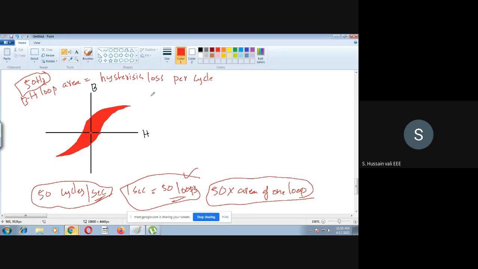I'm just giving that data to you here. How to calculate the hysteresis loss? Hysteresis loss is nothing but you first find out the area of this graph. Once you find the area of this graph, then you see the frequency. If it is 50 hertz, then you multiply the area by 50, and then you will know the power loss in 1 second. Remember, it is 1 second because in 1 second there are 50 cycles. So one cycle, one loop. So 50 loops in 1 second. That's it. Okay. This we know, and we will bring in some more things in this.